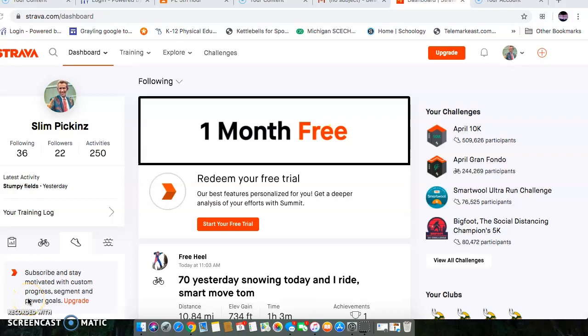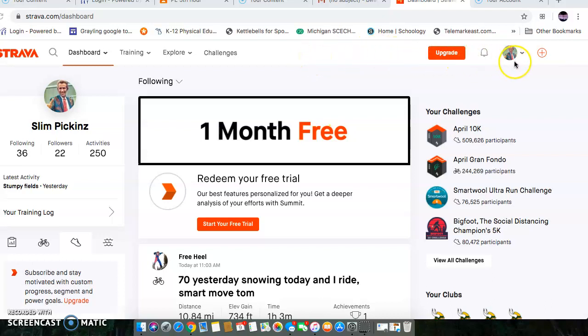As stated earlier, you don't need to have a mobile device to use the Strava program and to log your activities. So if you don't have a device, or if by some chance you did an activity that you couldn't have your device with you, you can manually upload. And the way you do that is you log on to Strava and you get to your homepage, your dashboard,